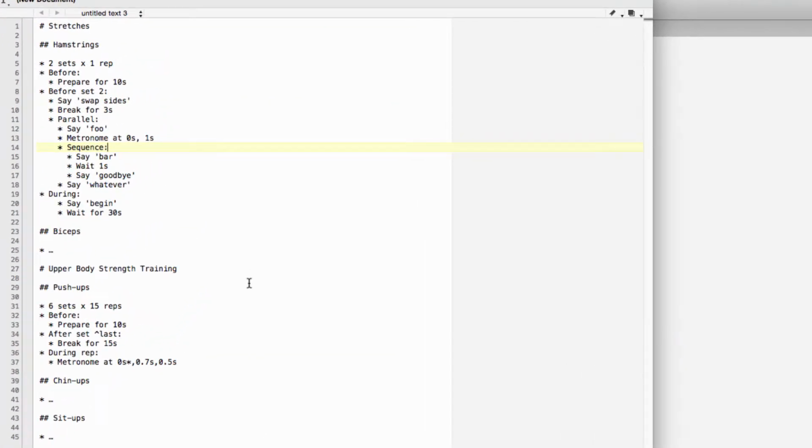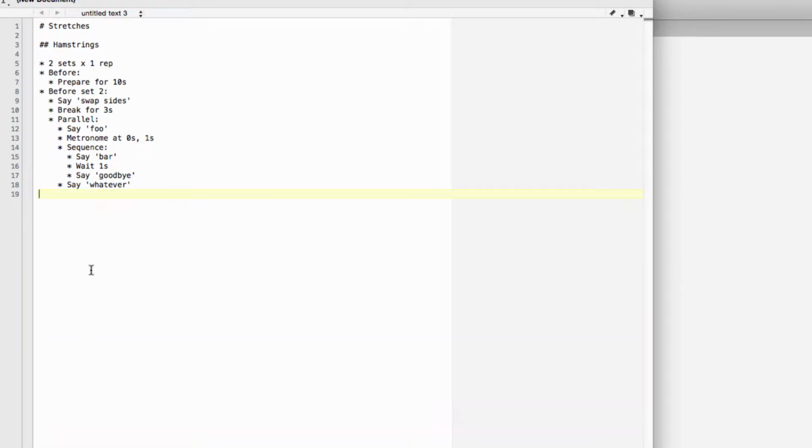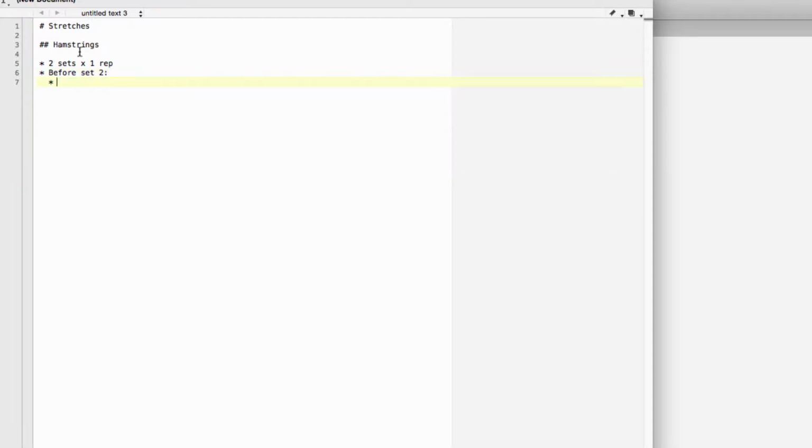So in order to explain what I mean by the numerical constraint parser, you may recall this example exercise document that we saw in the slides at the start of this module. So I'm just going to simplify this a bit so that we can concentrate on the important bits here. So this thing here, before set 2, this 2 here is one example, the simplest example of a